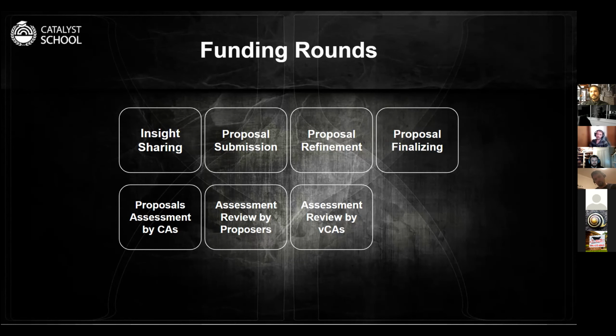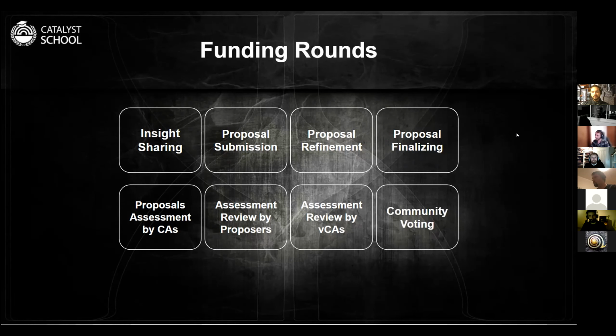This is a new mechanism that was introduced in Fund6, which aims at increasing the quality of assessments by CAs. So if you are a CA and you do an excellent assessment, you are going to receive more rewards than if you do just a good assessment. And if your assessment is not good enough, it's going to be filtered out, and you are not going to receive any rewards for this assessment specifically, but you can still receive for other assessments.